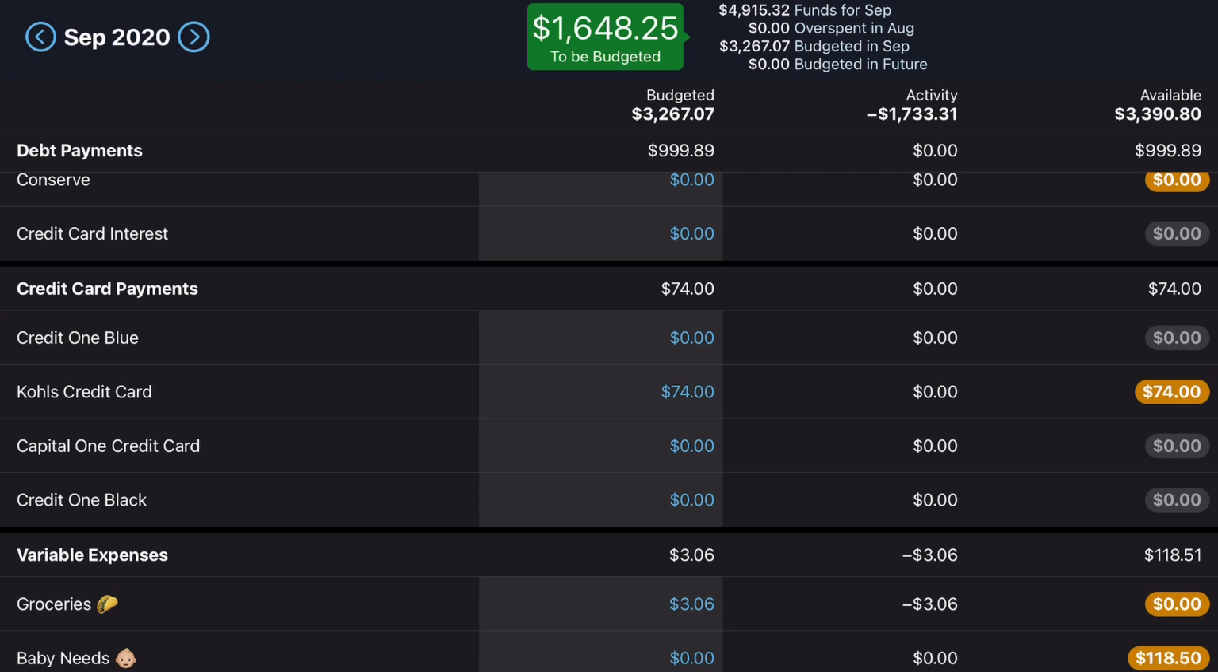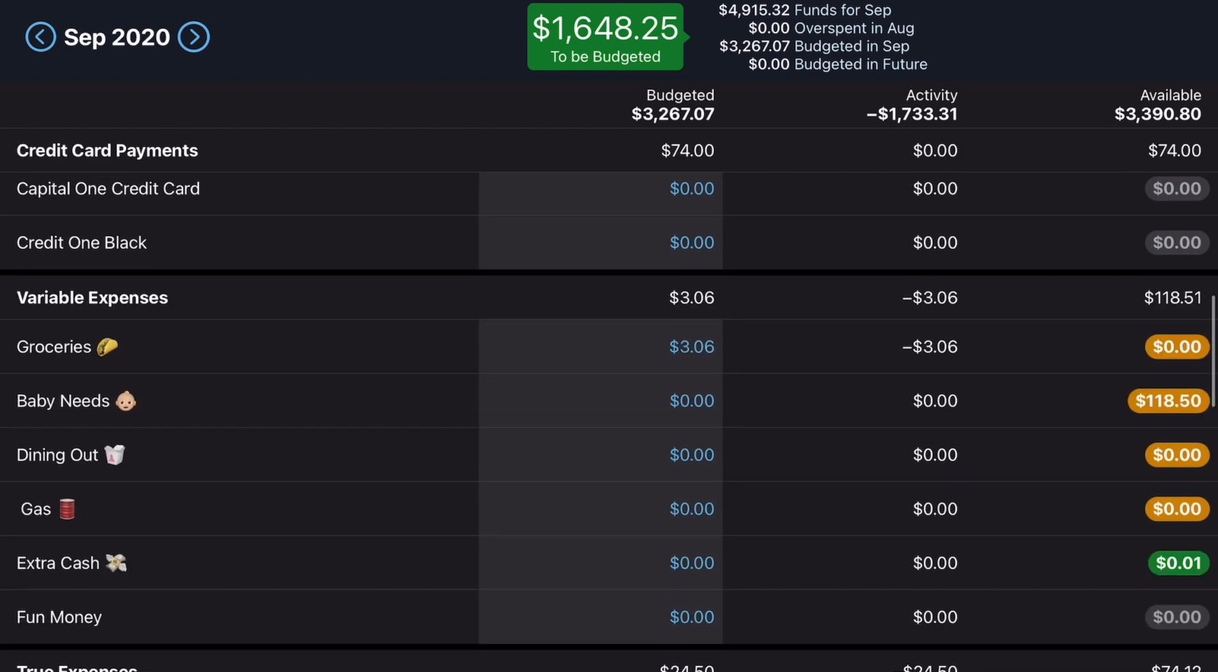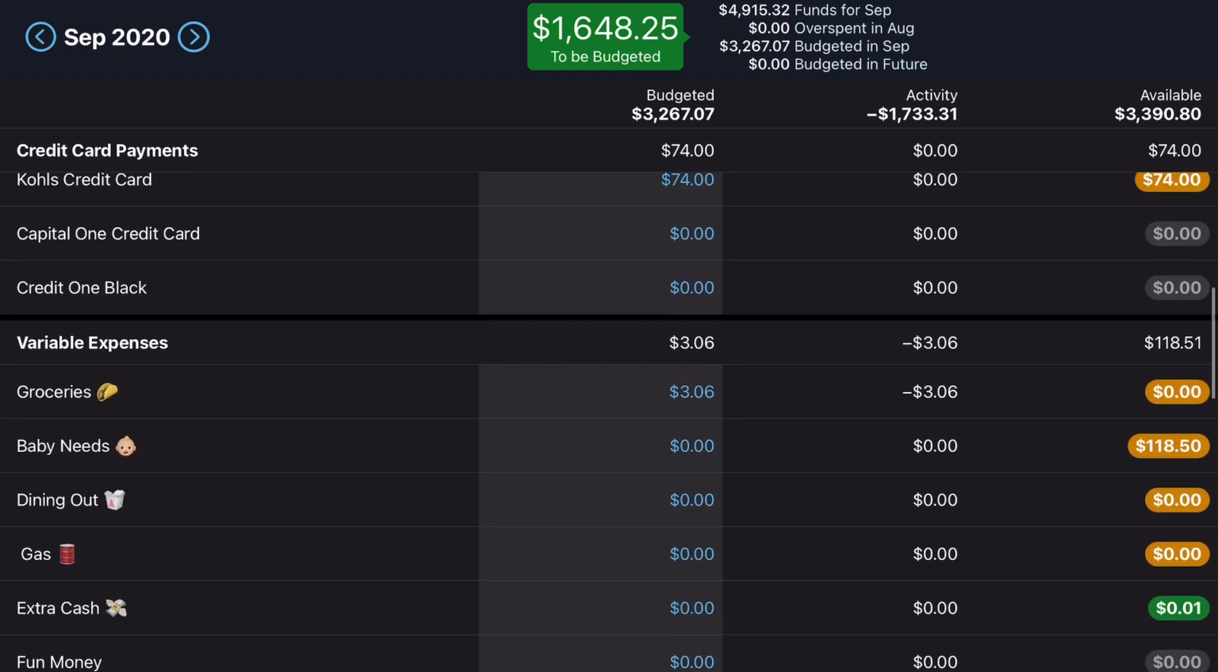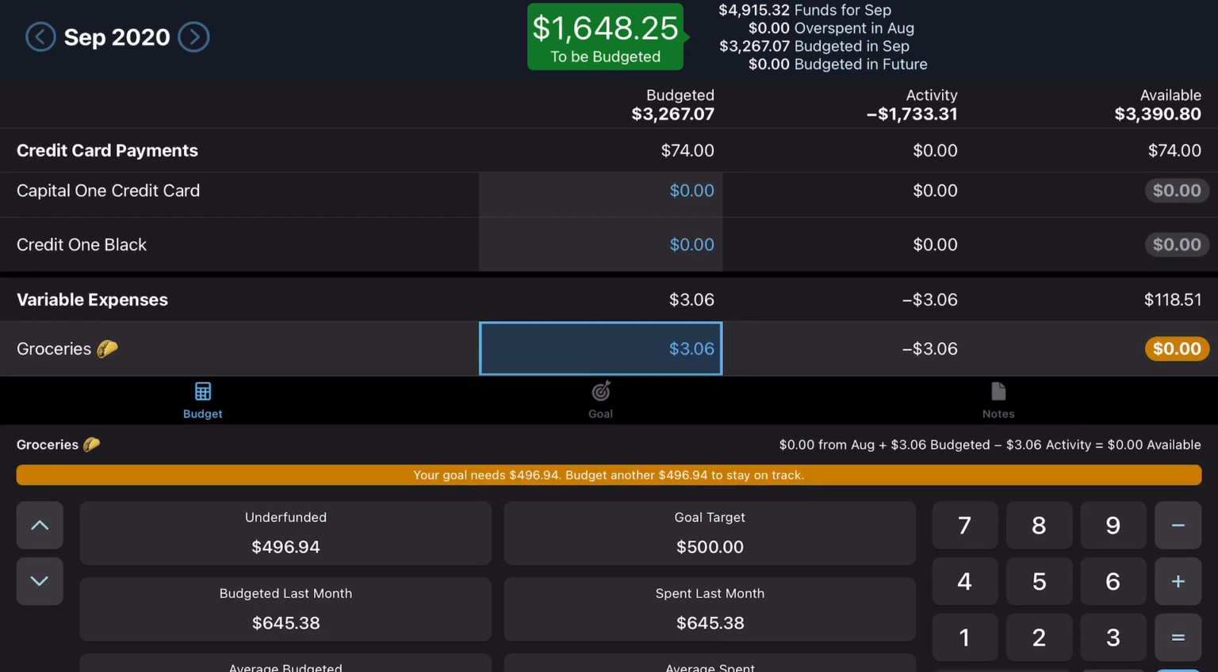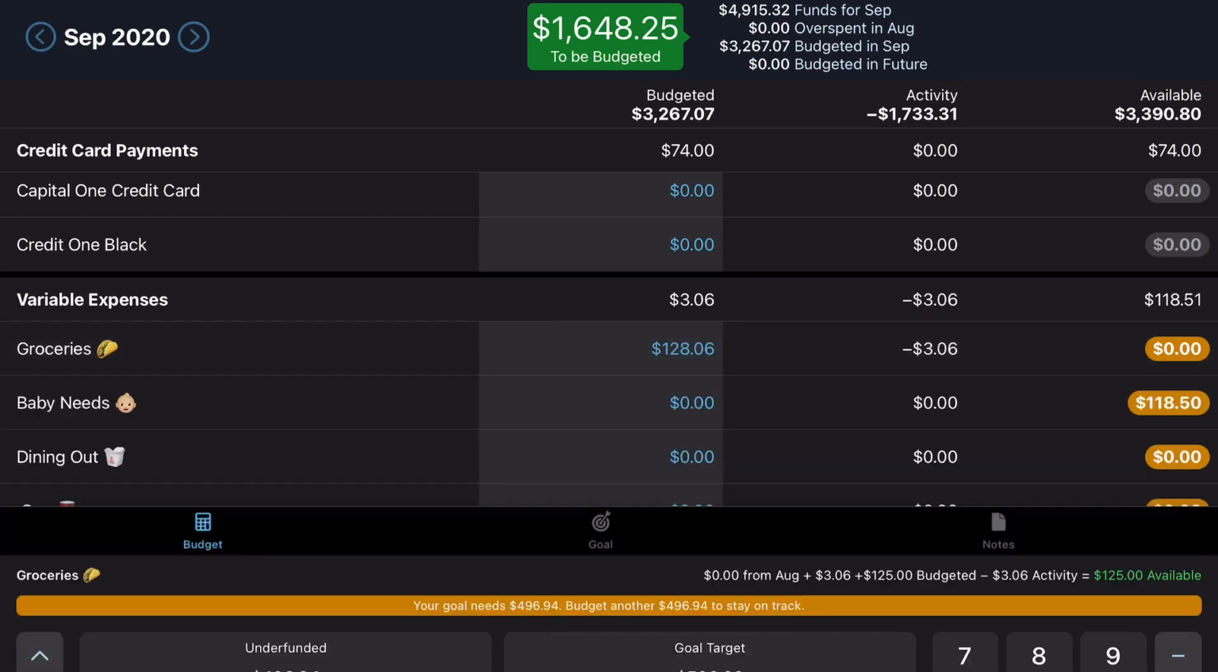This is where we get into our variable expenses, which do change every single month, but we do try and stay on target with what we are budgeting. Now we're looking to budget $125 per week, and we have 2 weeks to budget. And a cool thing with YNAB is that you can hit this plus symbol and it will automatically put the 125 in, so no math is needed to do any of this,